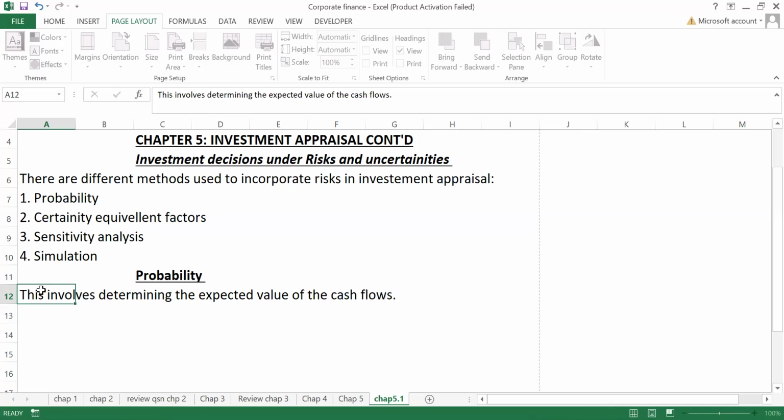Our expected value will be equal to the cash flow in situation one times the probability in that situation, plus